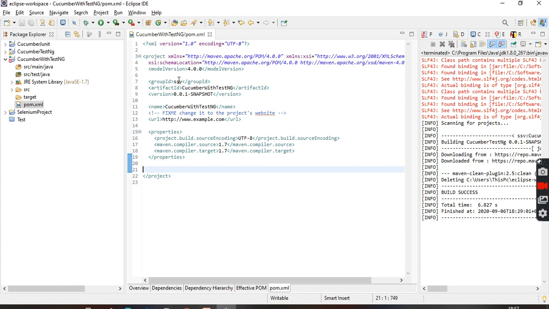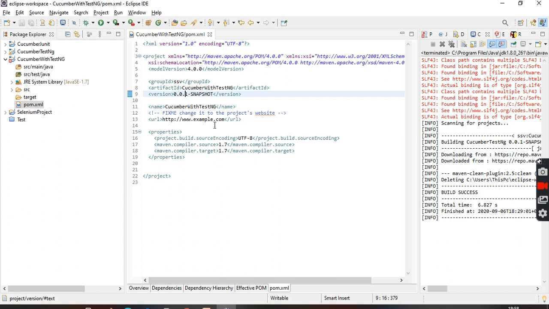What is this group ID? Group ID is nothing but the owner ID or the contributor ID, as I already told you. So my group ID is SSV. What is it? It's a project. The project name is Cucumber with TestNG. The version, right? Fine.